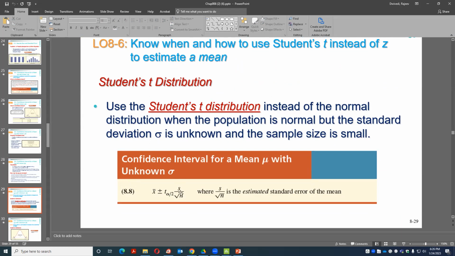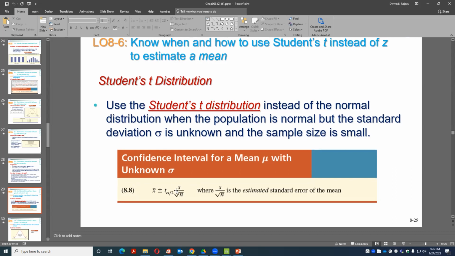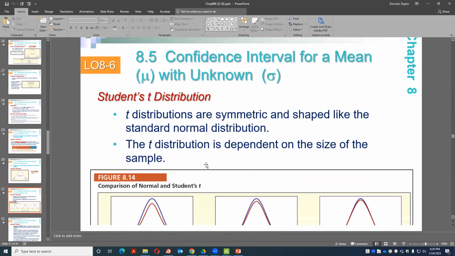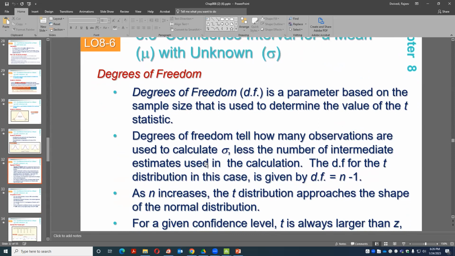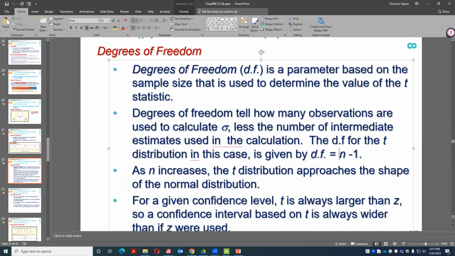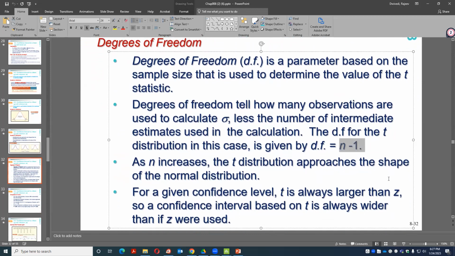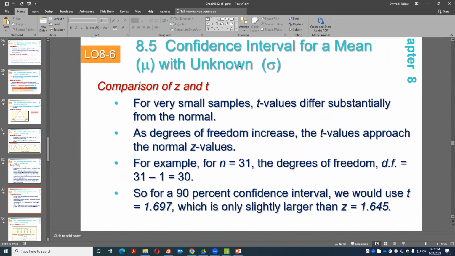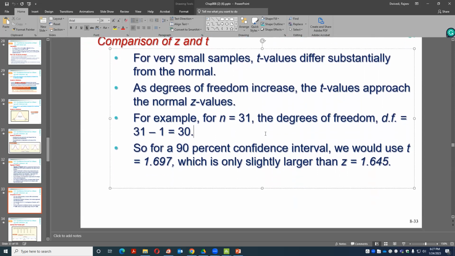Only instead of population values, here we use the sample values. So, same thing: when do we use the Z value and when the T value? How do we get the degrees of freedom? Sample size minus 1 is the degrees of freedom, so with a sample size of 20, the degrees of freedom is 19. For a confidence interval for mu with unknown sigma, meaning the population standard deviation is not given, we use the t distribution.